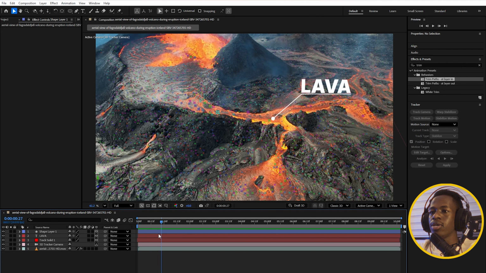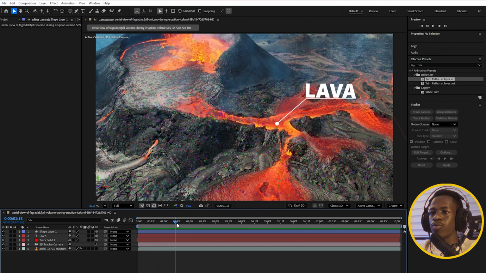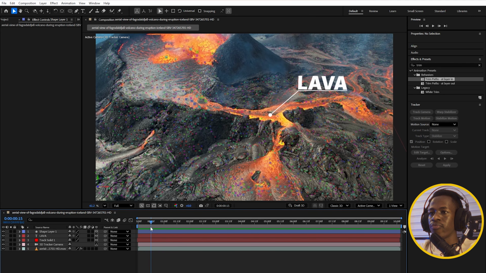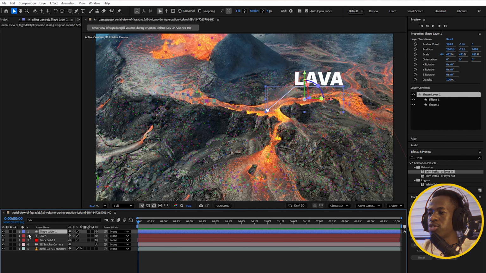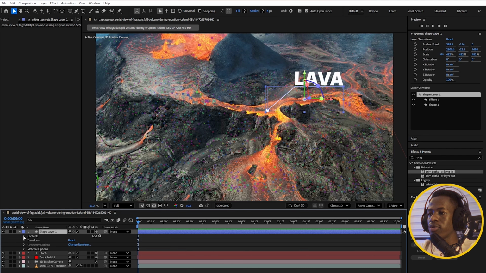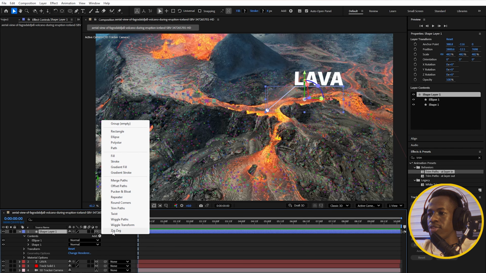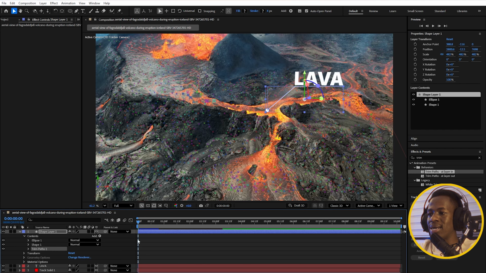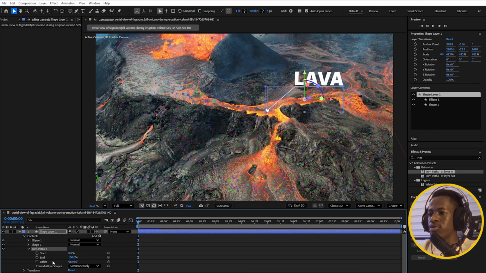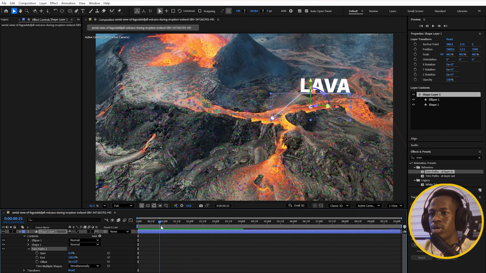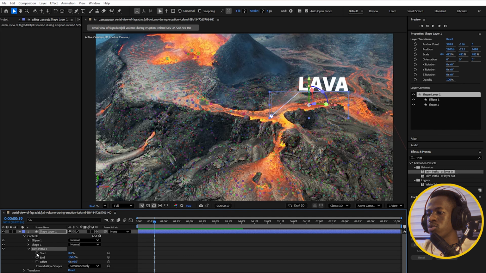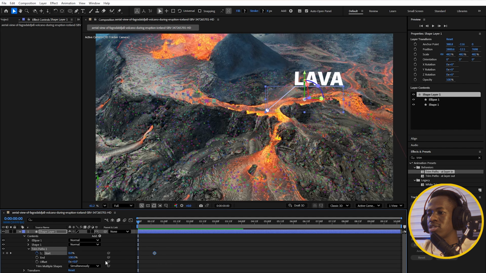Now I want it to appear right as the red highlight starts to come in. So what you want to do is select your layer, come to the drop down arrow, come to content, then click on this add button right here, and then we want to add a trim paths. The trim paths will help us animate our line right there. So come to trim paths here, move forward to right here. I'm going to click on the start, come to the beginning of the timeline,